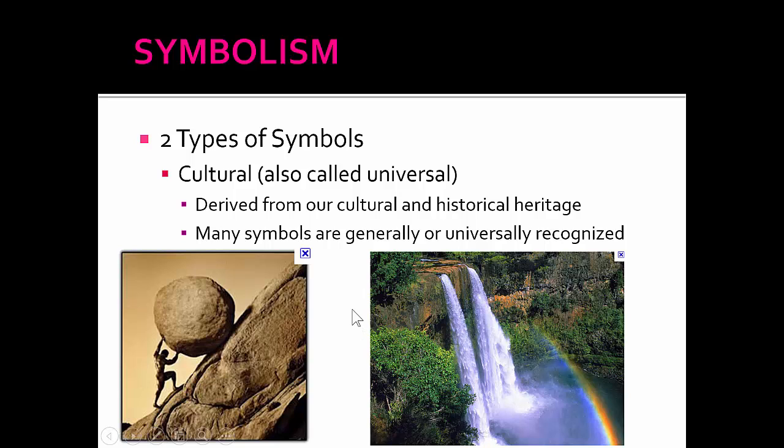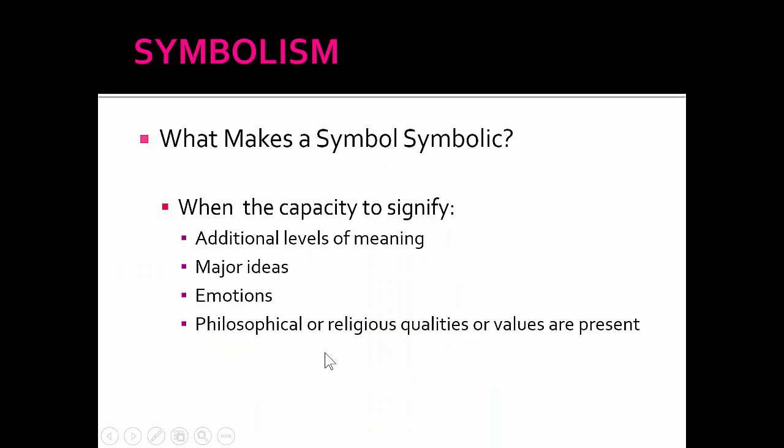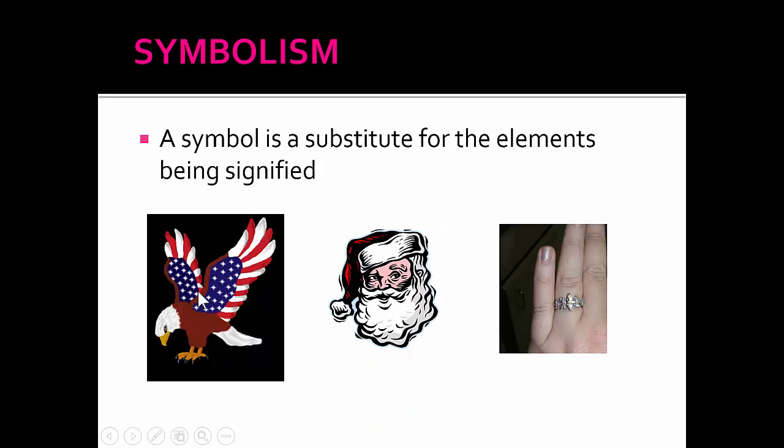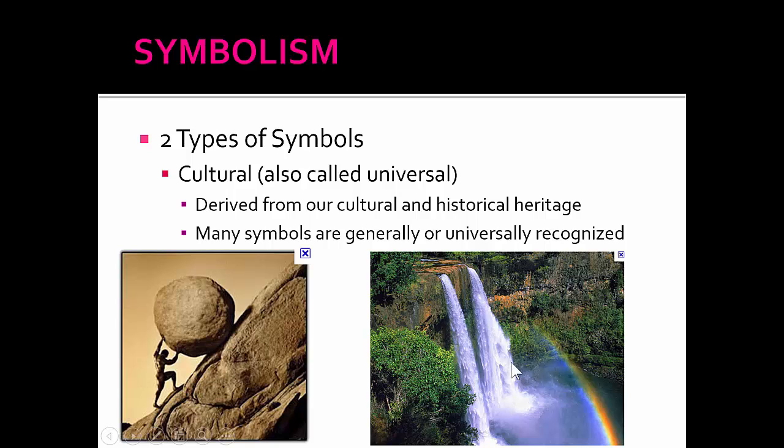Universal means it didn't have to be in a story. We just talked about 1, 2, 3, 4, 5 that weren't in a story. I didn't make you guys read a story about Santa Claus. You didn't read a story about wedding rings and defiled birds. And you didn't read a story about water or a story about Sisyphus. So we just talked about 5 different symbols that you didn't read a story that had anything to do with any of these. So universal symbols can exist outside of stories, okay?